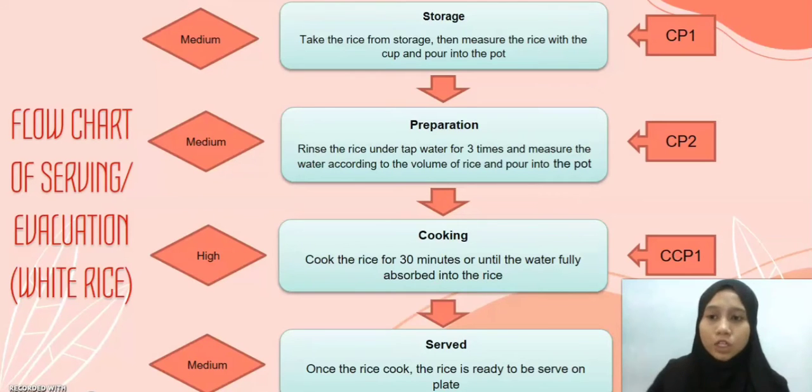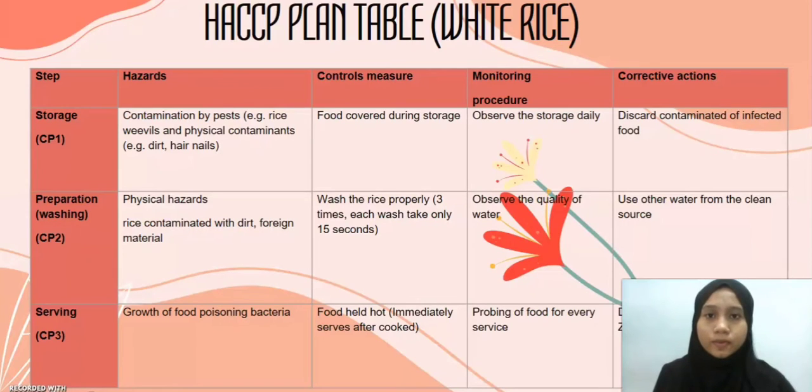So this is the process of the serving or evaluation of the white rice. There are 4 steps, which is storage, preparation, cooking and serve. In this HACCP plan table, there are 3 steps which is considered to be critical point, which is step 1